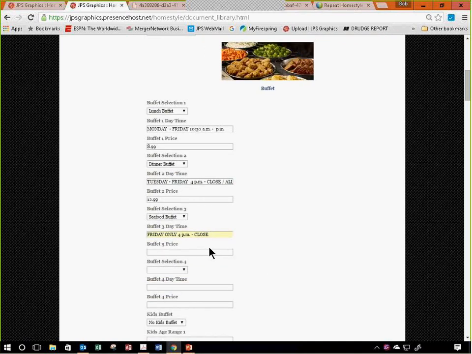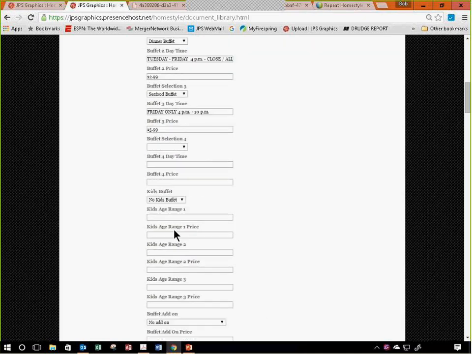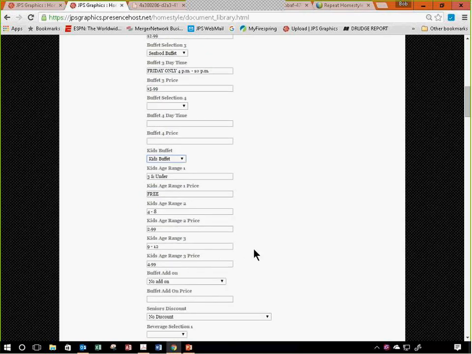Then you can make whatever changes you want to make in there. And then, okay, so there's up to 4 of those. And then no kids buffet, or if you click on kids buffet, it's going to give you some suggestions here. You don't need to use those suggestions. We based this on some information we had from several of the stores. And so you can change this information,